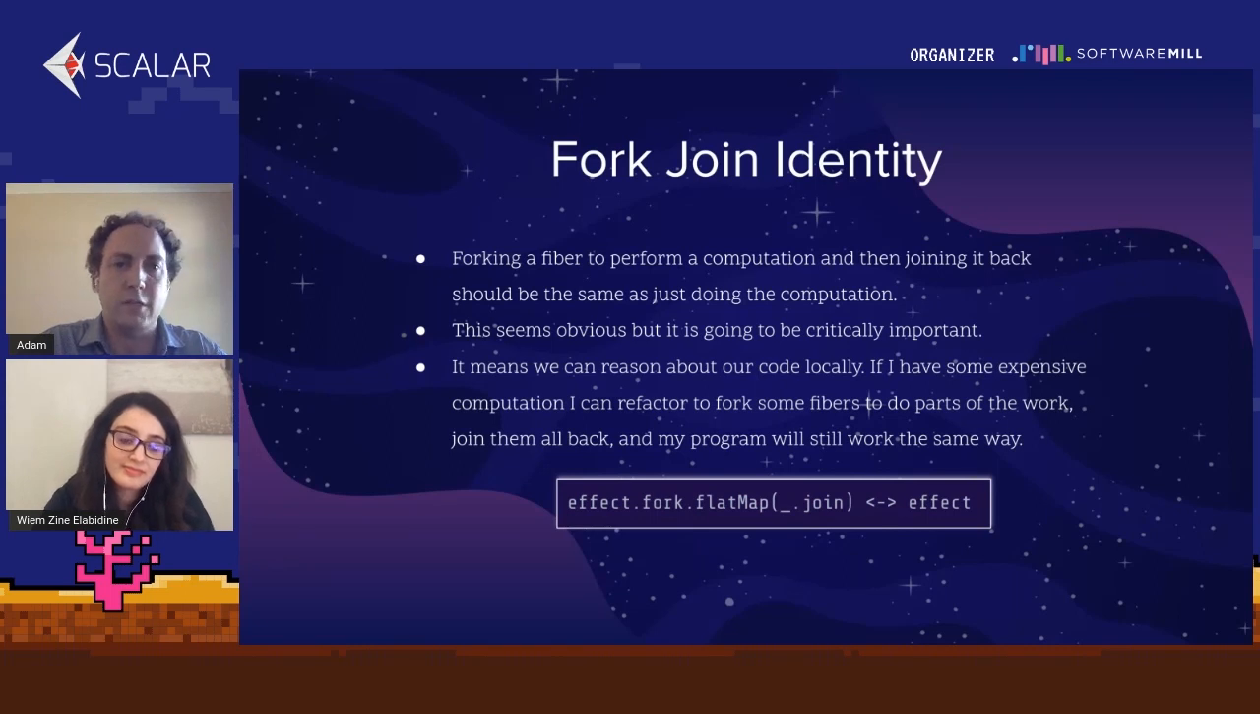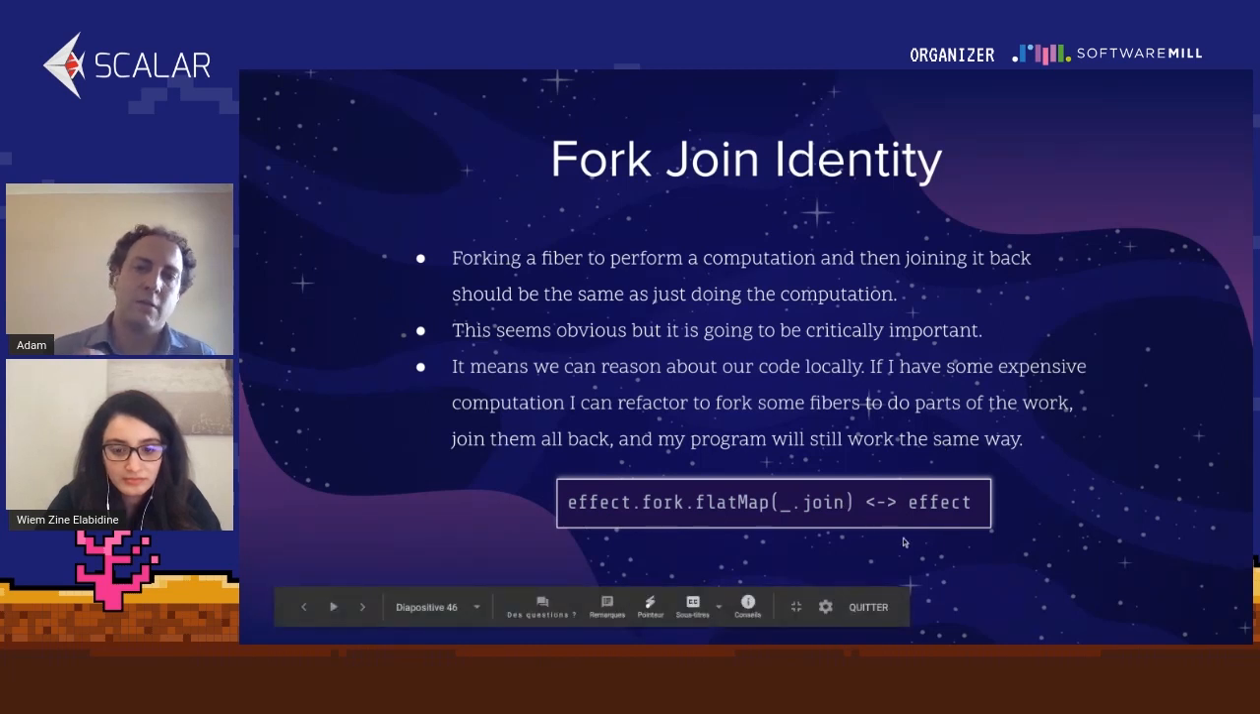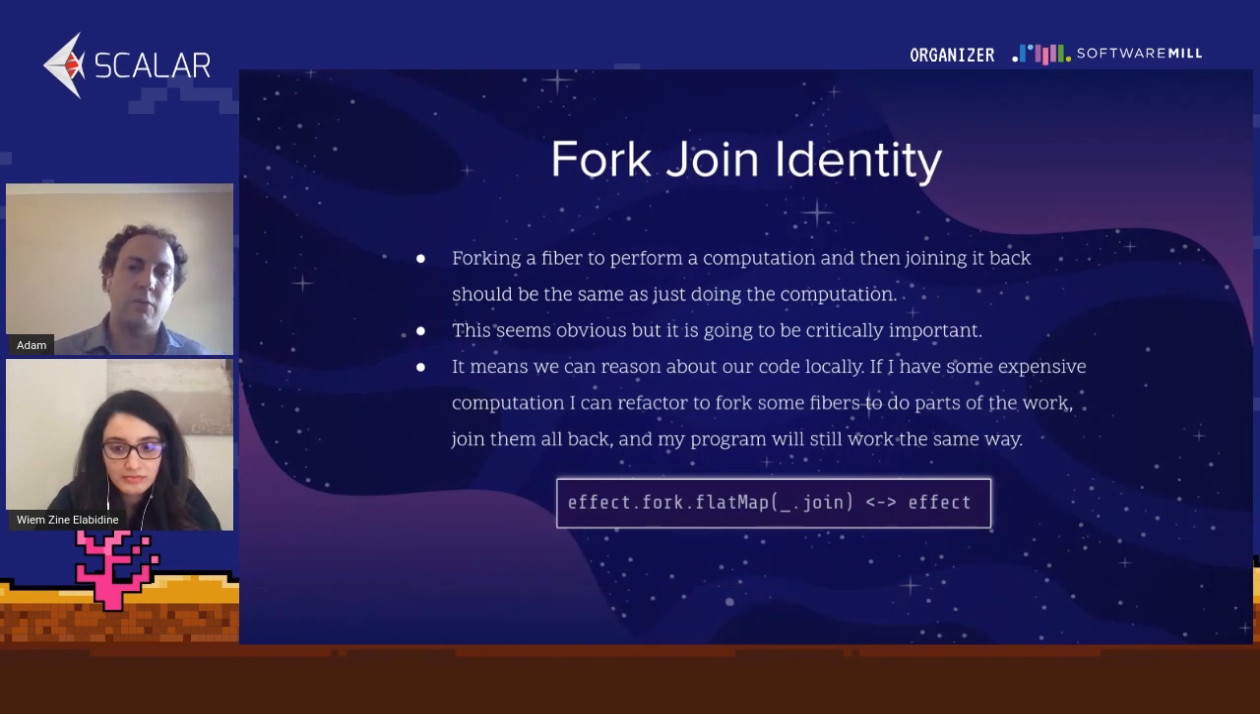And so a way to zero in a little bit more on what's actually wrong here is this concept of fork join identity. The idea here is that if we need to do some work, if we fork that off to a child fiber, and then we bring that back into our main computation, that should be the same as if we just did it ourselves. That's a way of formalizing that notion we're just talking about, that whether we fork something or